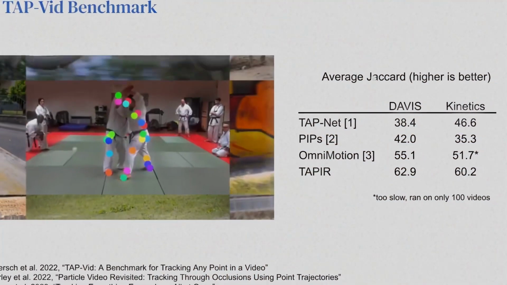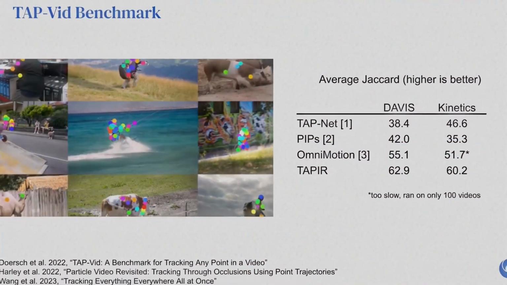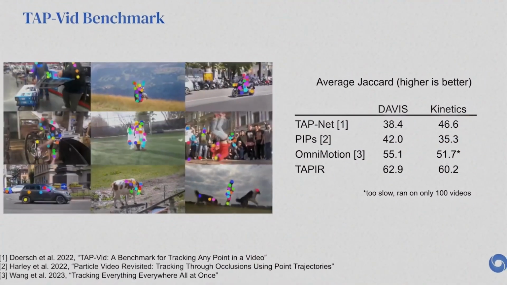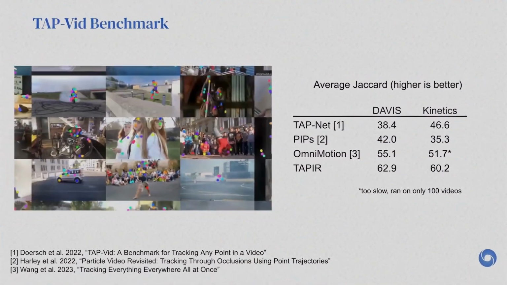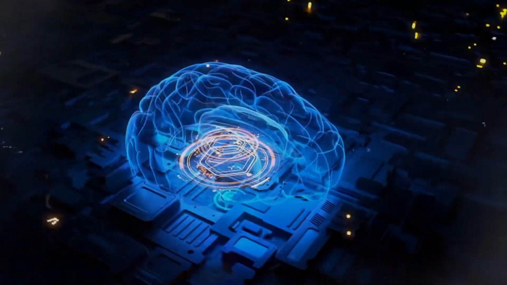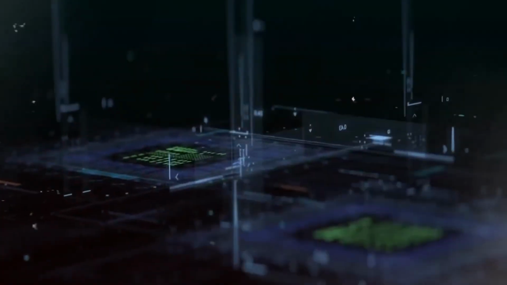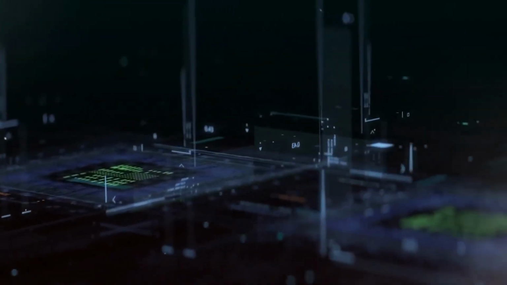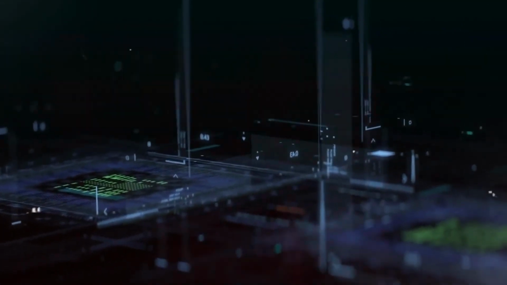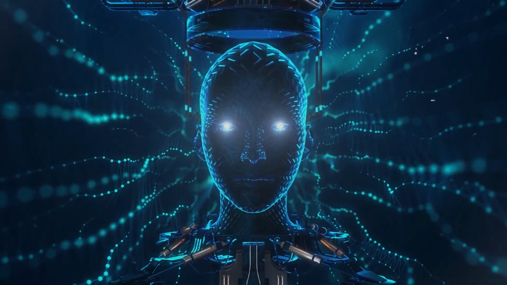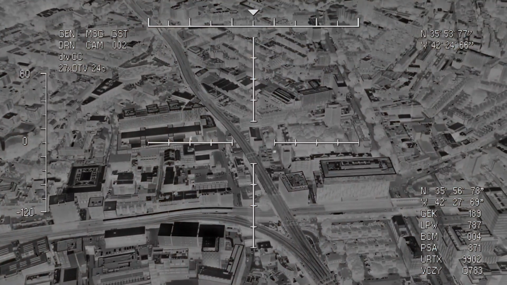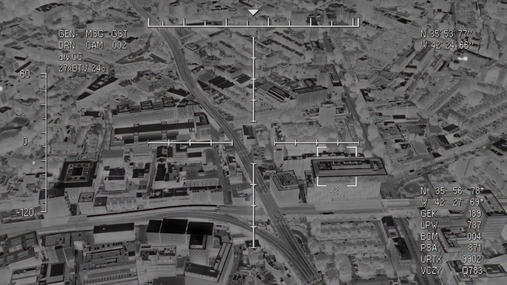The TAP-Vid benchmark, a standardized evaluation dataset for video tracking tasks, was used by researchers to assess TAPIR. It features ground truth annotations for 10 points per film and 50 video sequences with variously shaped objects and settings. They evaluated TAPIR against several baseline techniques, including SIFT, ORB, KLT, SuperPoint, and D2Net. A parameter known as average Jaccard, AJ, which is the average intersection over union between the projected point positions and the ground truth point locations, was